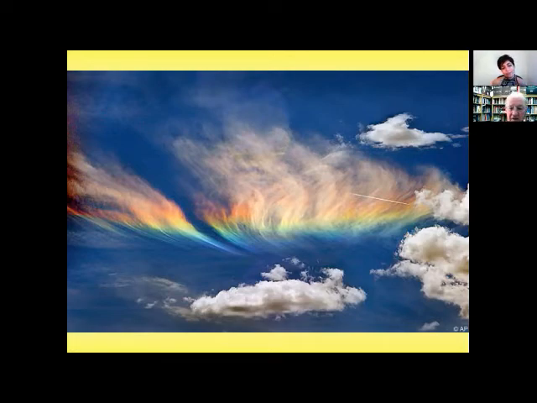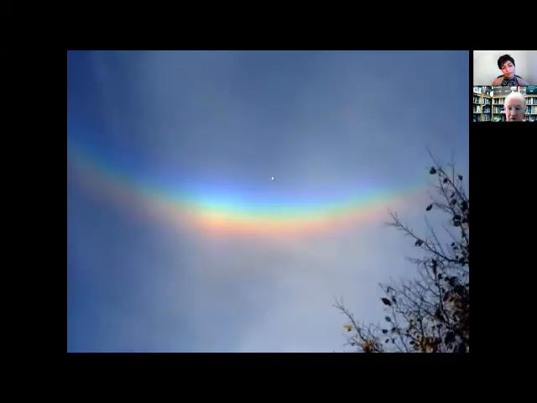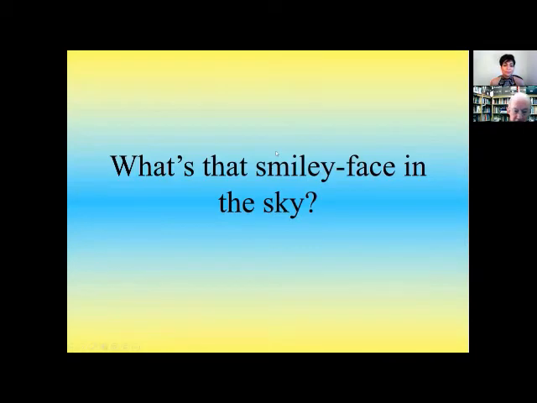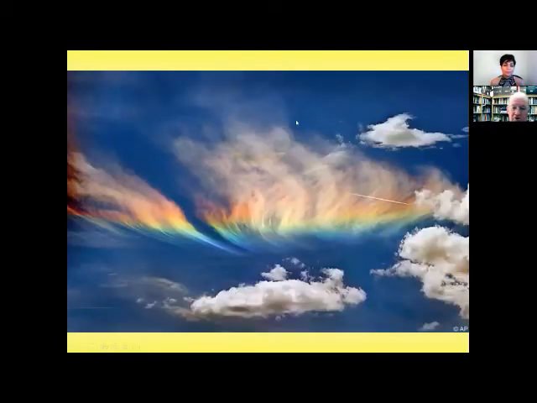Wow. And to go back to this picture here, you will only be able to see this high display if the sun is low enough, below about 32 degrees above the horizon. Whereas here, this circumhorizontal arc is low in the sky, but will only appear if the sun is at an altitude greater than about 58 degrees in the sky.